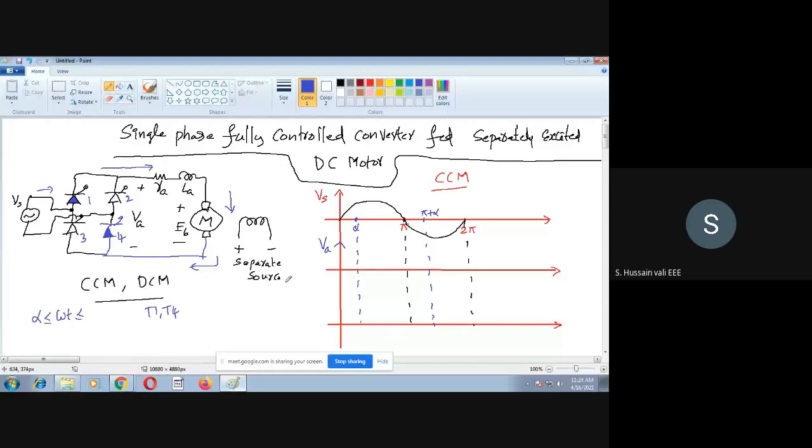So these differences are there. So we will explain. Now in this case we will take as there is no freewheeling diode. Okay. Now you see here at alpha, T1, T4 are conducting through the motor. So then what is VA now? VA will definitely be equal to VS, because T1, T4 are conducting. The output voltage of the converter is the same as the supply voltage. So that I will draw now.